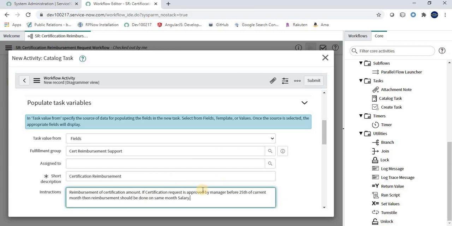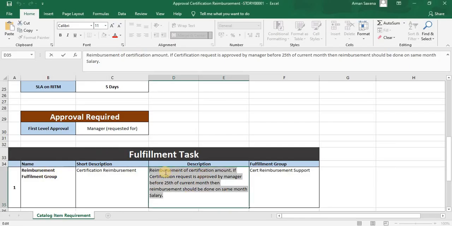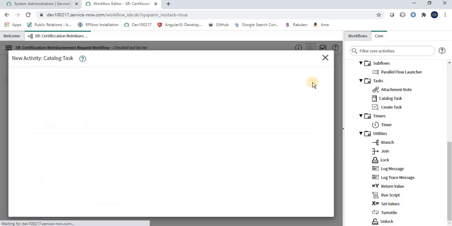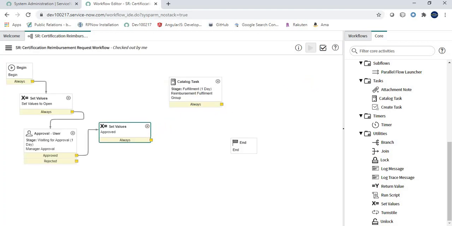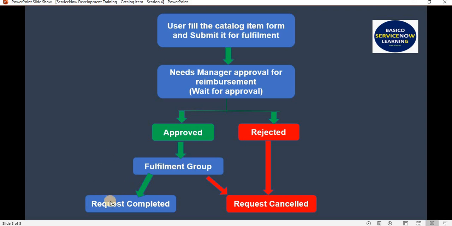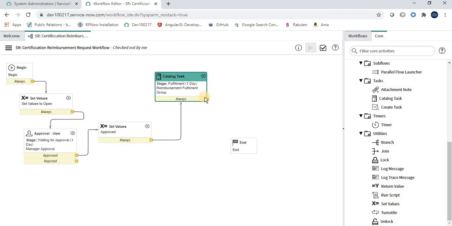So we are done with the data which we have given in the fulfillment task requirement, right? Now click on submit. Once we click on submit, after setting values, it will go to the catalog task, join the wire, because this wire will tell how the workflow or process will move. See here we have always, but in the requirement we have two activities, that is request completed or request cancelled, right? But here we have always, so we need two activities from here. So how can we add that? Open this